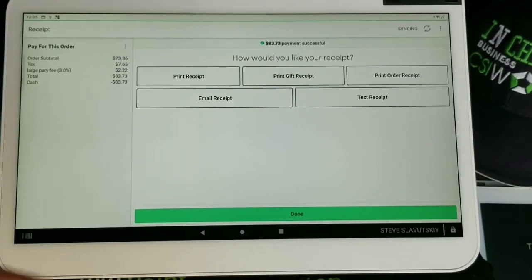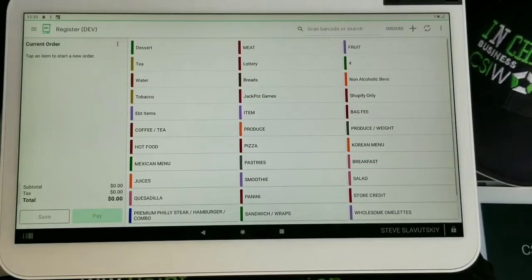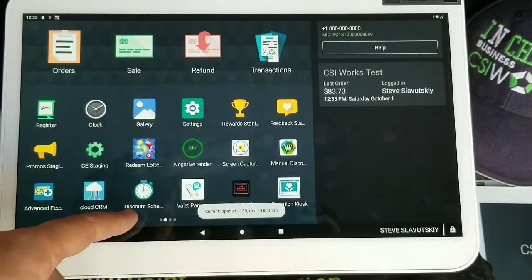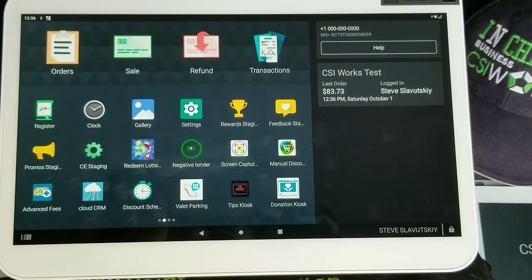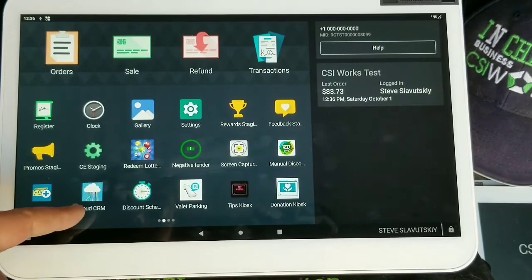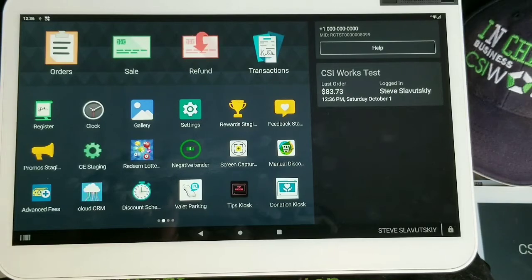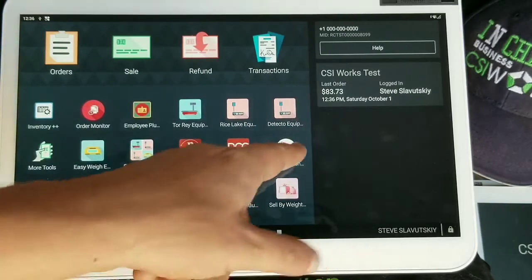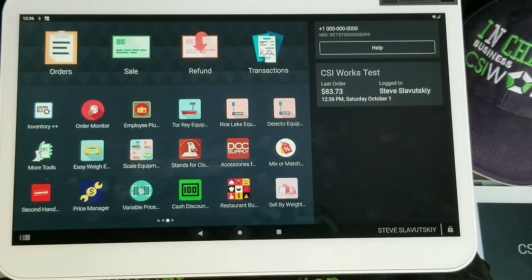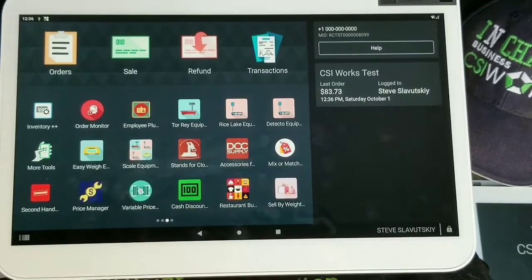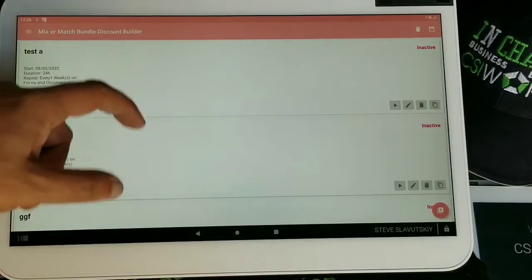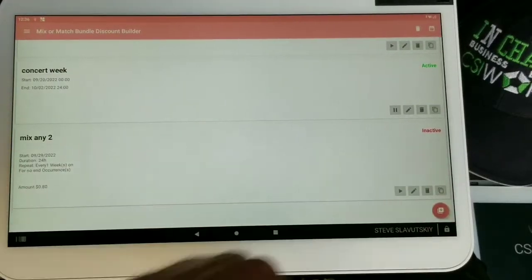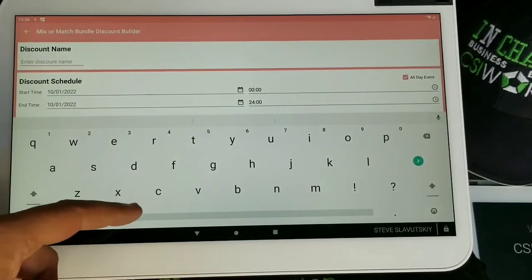And so that demonstration was of discount scheduler triggering an additional discount that had nothing to do with the discount of tobacco schedule, discount tobaccos. We triggered discount for loyalty, and we triggered additional discounts with a mix or match that had to do with like a combo. But this app, aside from combo, also can do, let me just quickly demonstrate, mix